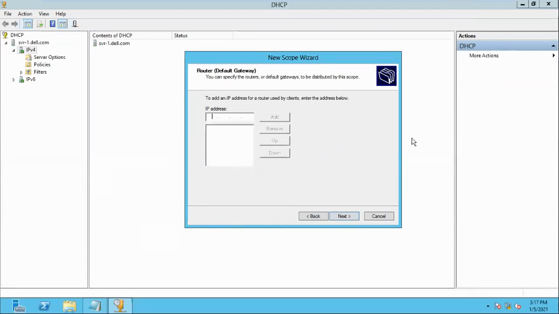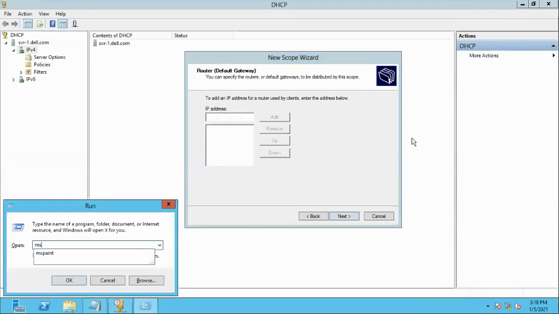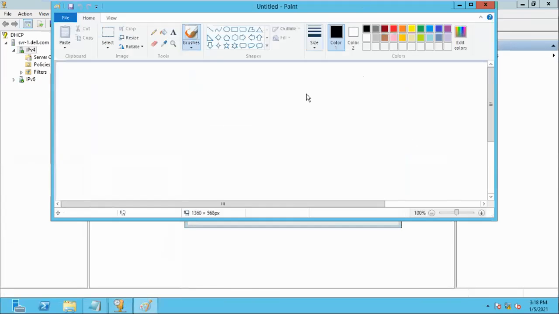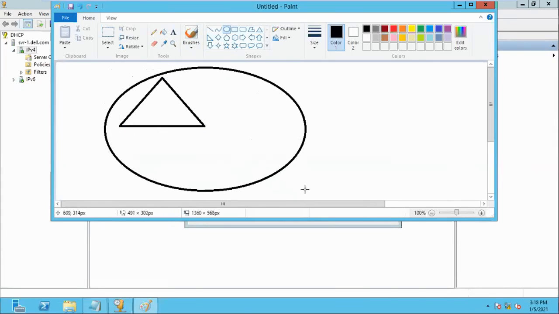Now, your DHCP server is in a different location. This is my domain.